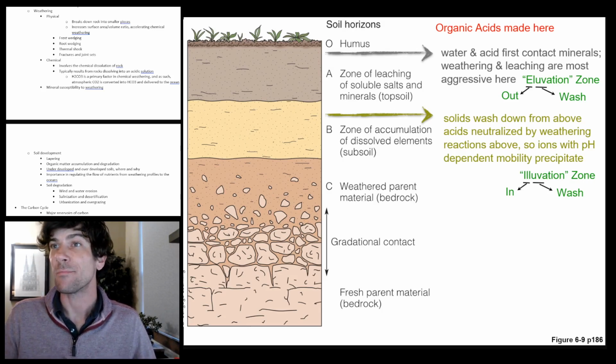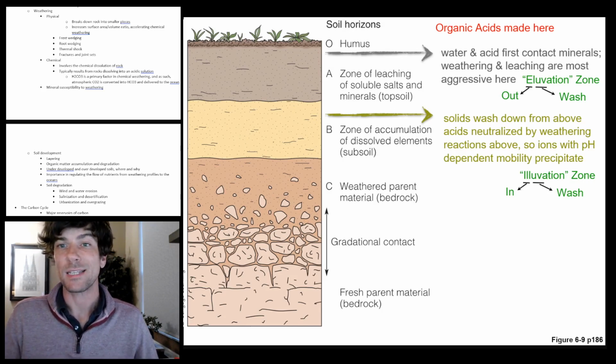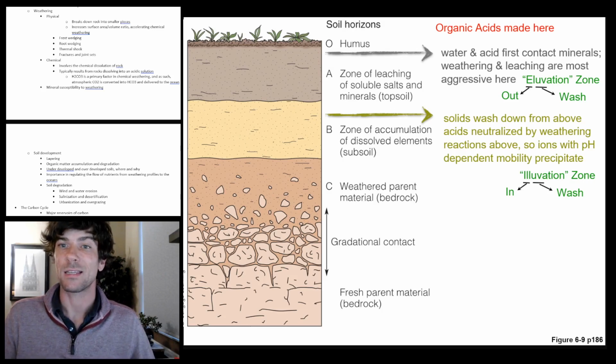Because of that, there's a whole bunch of stuff that leaches out that's soluble in acidic solutions. And so as water percolates downward, it dissolves a lot of things in the A horizon. And then the B horizon is characterized by low organic matter, and really the accumulation of